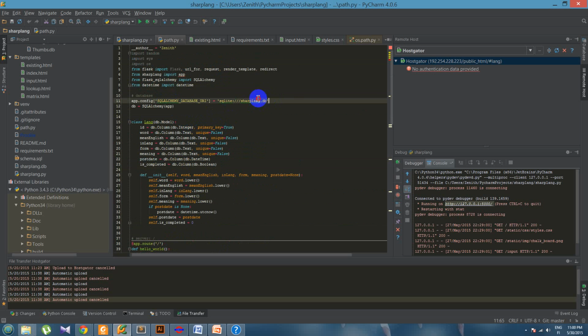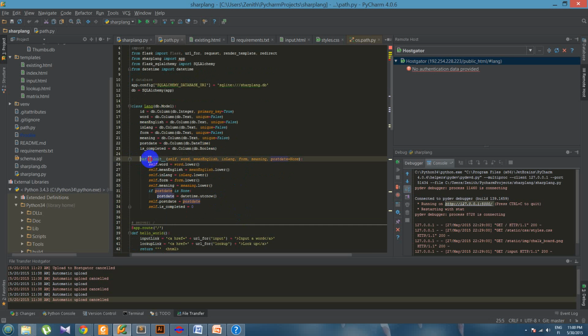Over here I define the database with SQLite with the interaction of the SQLAlchemy module, and the database is a class module. The class Lang is a database module. It consists of ID, word, meaning in English, which language the word belongs to, the meaning itself in each language, and there is a post date. This method initiates the database,